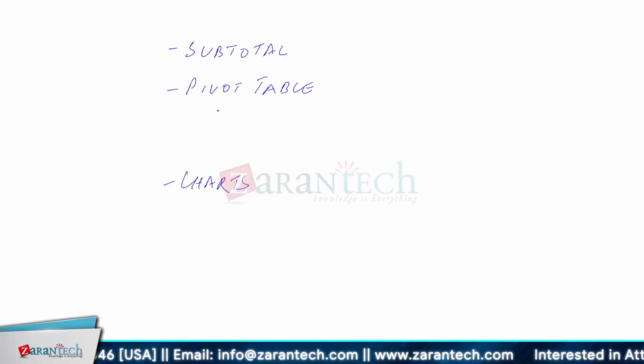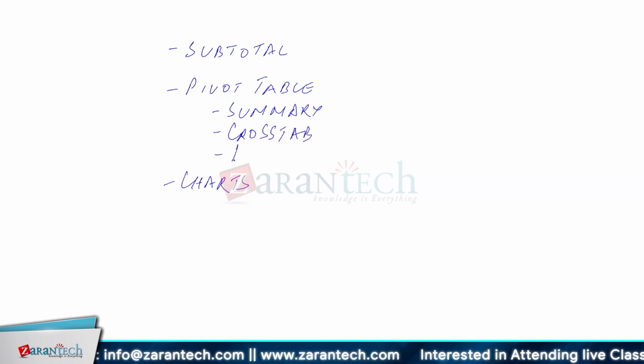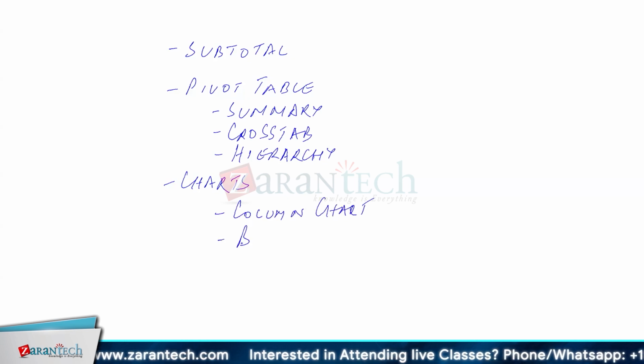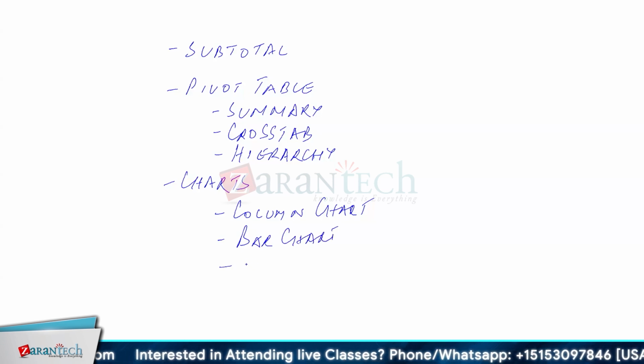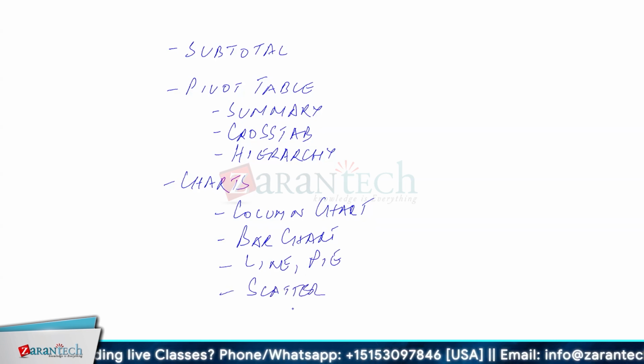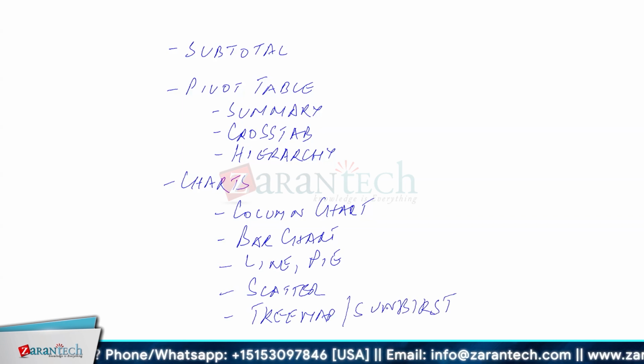These are the kinds of reports that we create. Then we got a cross tab, and then we got the hierarchy. In the charts, we got something like column chart. We got something called bar graphs or bar chart. And then we got the categories of line and the pie. Then some advancement like scatter, then tree map, then sunburst, and so on. So the important part here is when I try to create a summary, for example, it goes